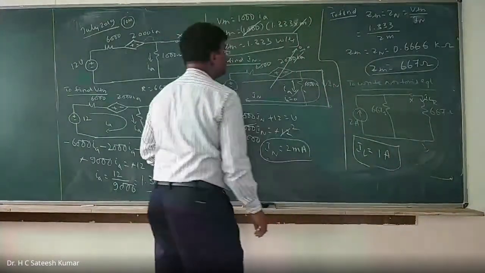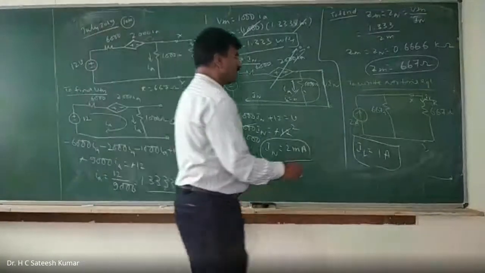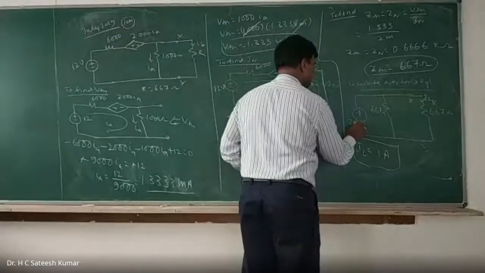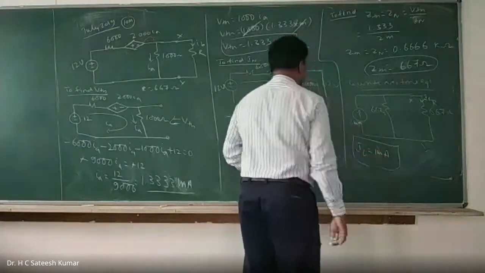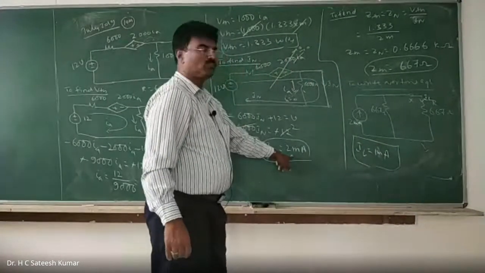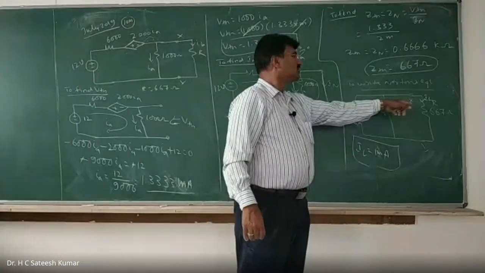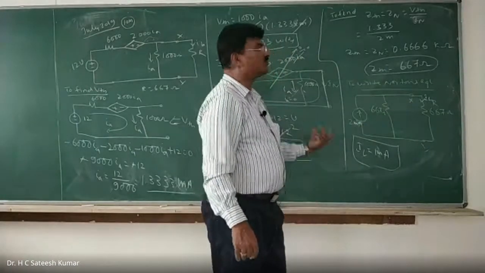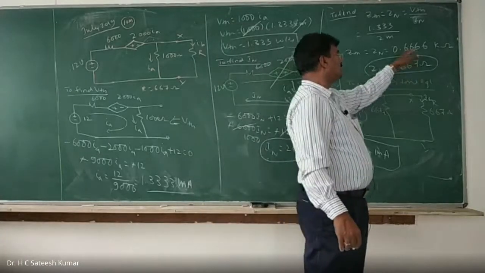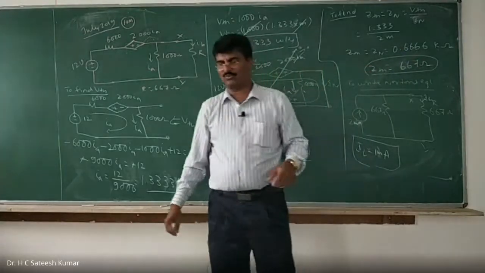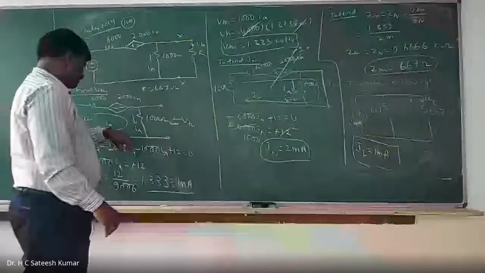Okay, right? So that's what we should find out. IN is 2 milliamps, and of this 2 milliamps, 1 milliamp will flow through 667 ohms. That's how we should do it. This is one of the very interesting problems. While doing the problem, you should be very careful with your approximations. If you are not, then you will have to go for the branch current method and solve it, right?